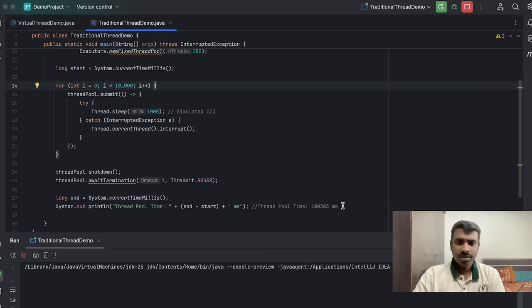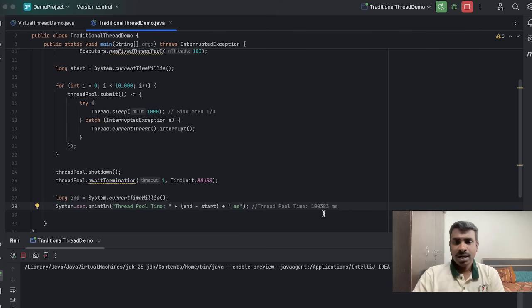Previously I ran it, and it took around this much time. You can see it is more than 10,000, right? It is taking this much time, which shows how slow this thread pool works compared to virtual threads.